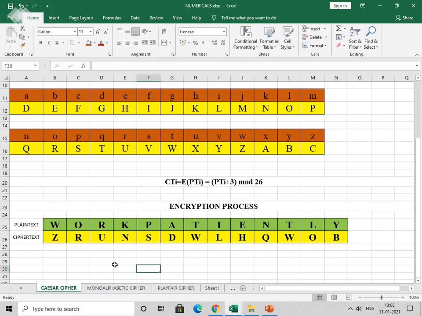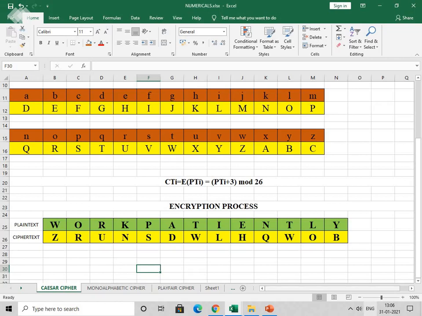The advantage of this Caesar cipher is that this encryption algorithm is easy to implement, as well as very simple. But the disadvantage is that a brute force attack is easily possible, and its observable pattern helps the attacker to find the plain text easily. The maximum number of key spaces, that is the total number of keys, is 25, which can be easily found out, right? So the pattern can be studied by the attacker and the attack can be done.